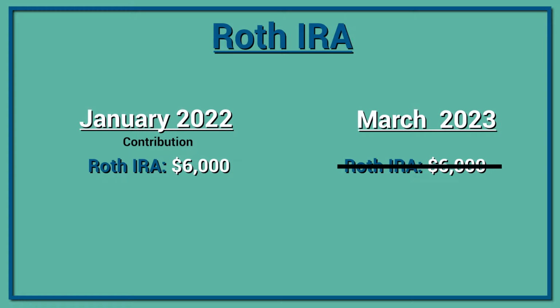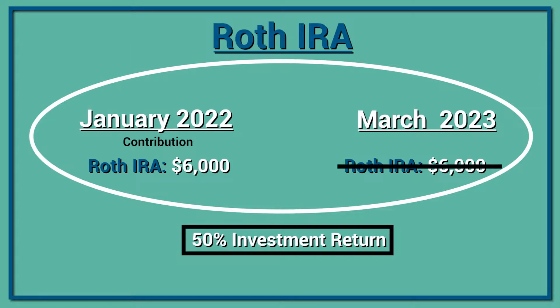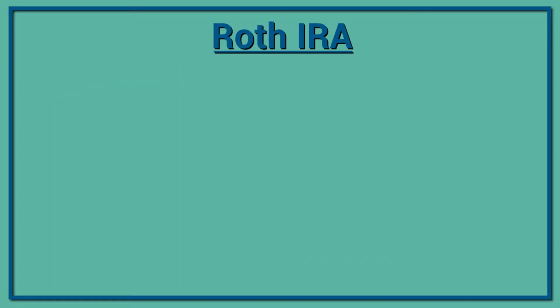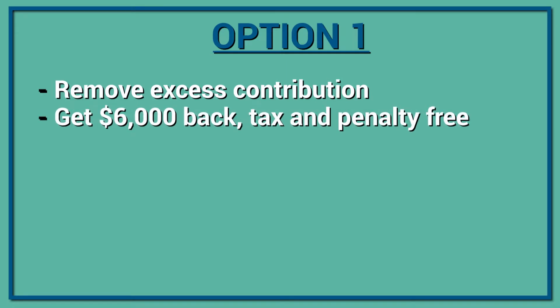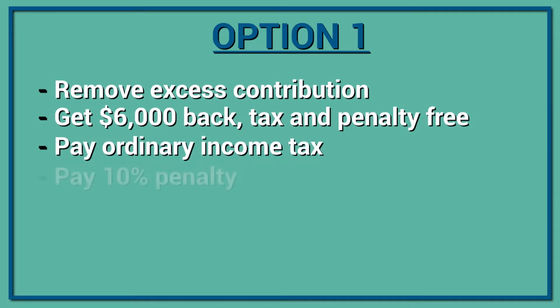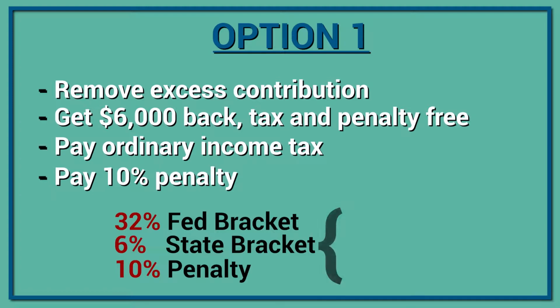But during that period of time, over that slightly more than 1 year period, my Roth IRA earned a 50% investment return, and I'm 35 years old. So I have two options. Option one is I can remove the excess contribution prior to filing my 2022 tax return, so I get the $6,000 back tax and penalty free. But then when I withdraw the $3,000 in earnings that I made while it was in the IRA, I have to pay ordinary income tax and a 10% penalty on that $3,000 in earnings. And if I'm in, let's say, a 32% Fed bracket, a 6% state bracket, and then I have to pay the 10% penalty on top of that, that's a 48% tax and penalty I have to pay on that $3,000, which equals